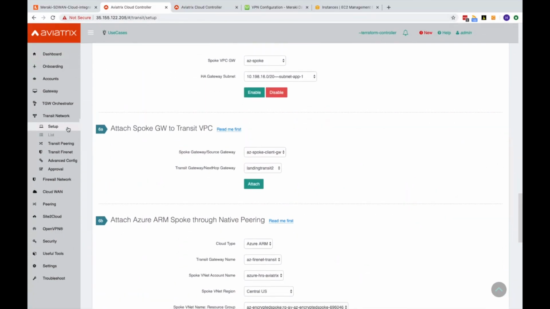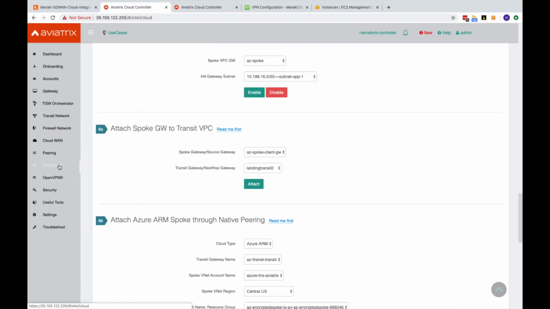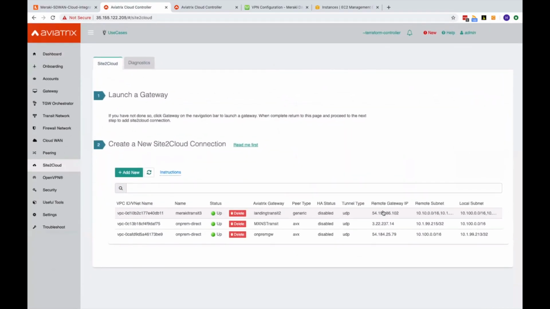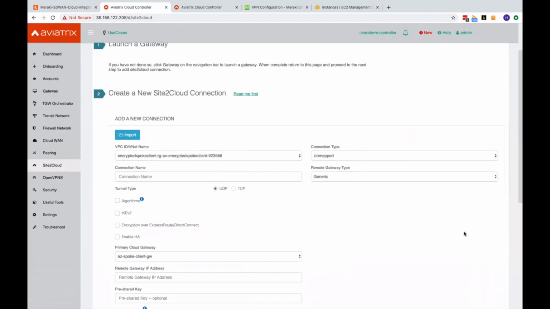Once you're done with that, then you can actually come to the site to cloud page. This is basically where you would build site-to-site VPNs to on-prem or to any other device. So in our case, like we mentioned, we're going to create this connection to the Meraki, a policy-based VPN connection to the Meraki hub. And the way you would do that is you would just hit add new, you would